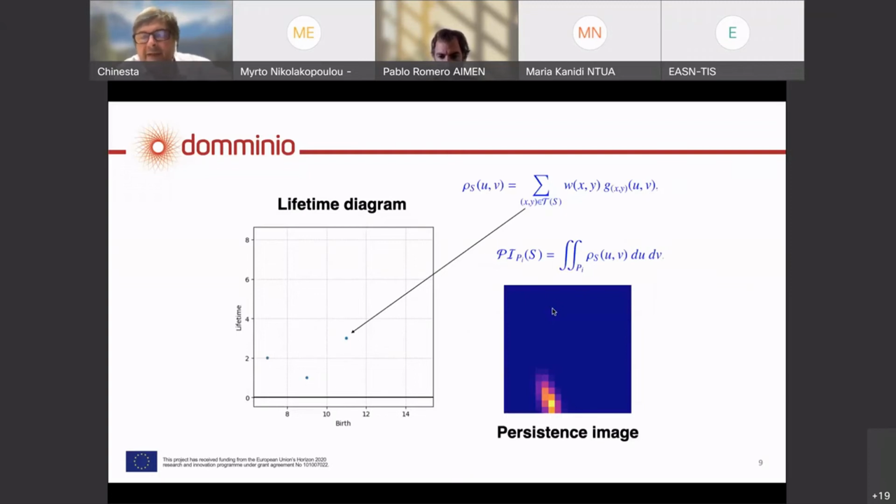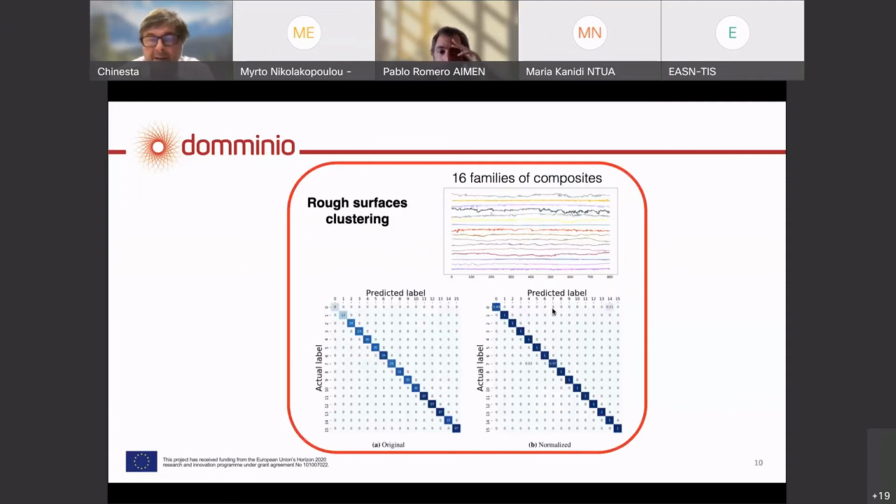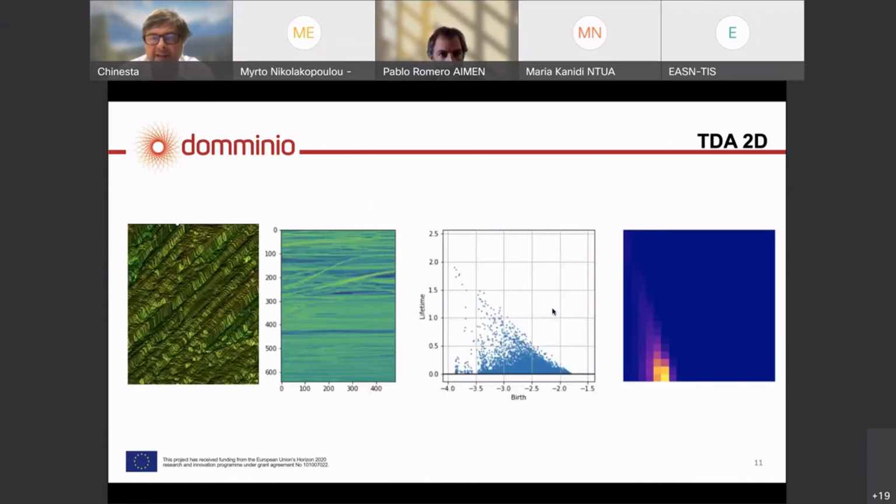All the surfaces that are similar have the same persistent image, even if the profiles are very different if you try to superpose one on the other. Obviously, you can imagine that if you have a surface and you take two profiles, even from the same surface, point to point, they don't coincide. There are never two profiles that are exactly superposable, but from a topological point of view, the persistent image is the same. And this means that at the end of the day, I can classify the different surfaces depending